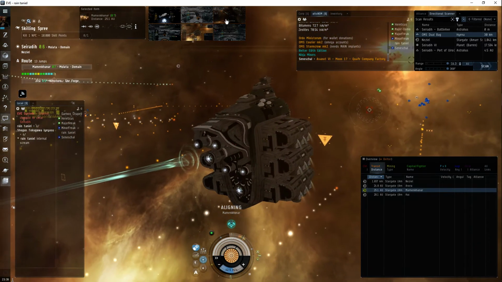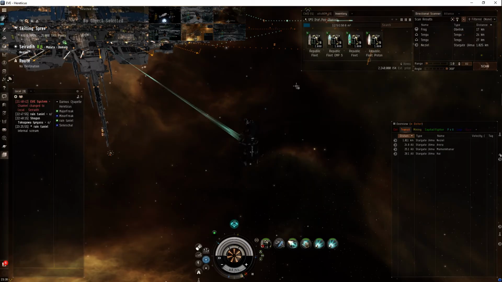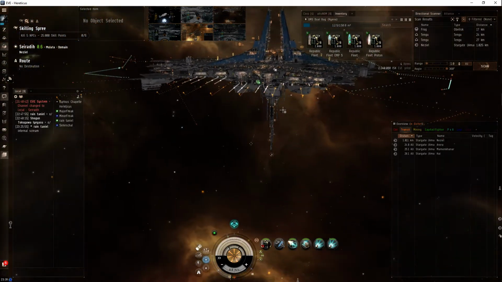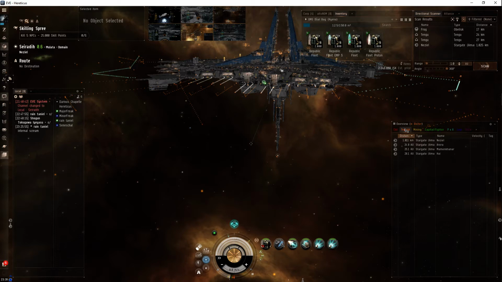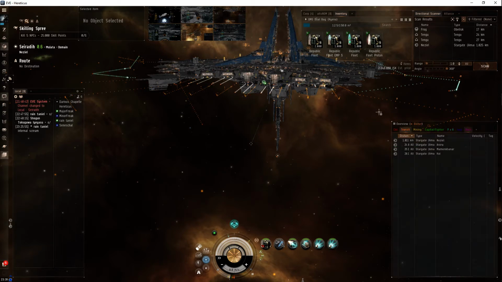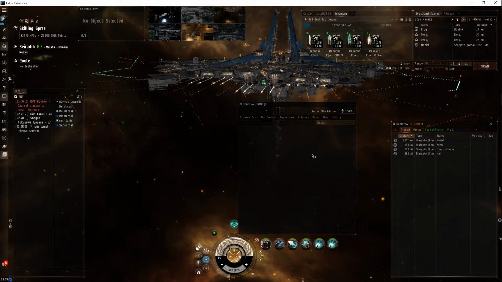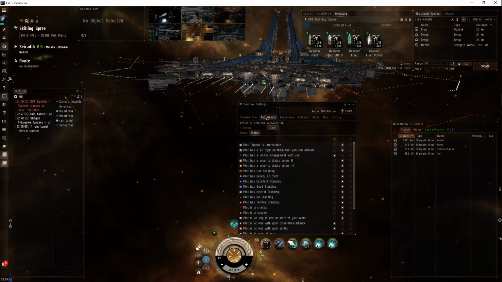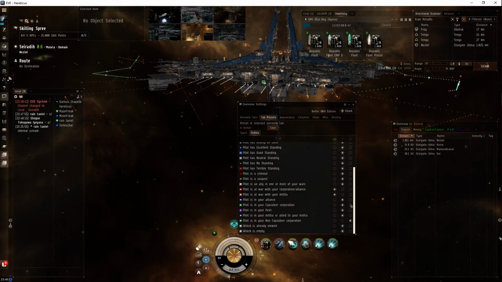So while I'm aligning, I'll talk to you about what I need to happen with transit. Now I've got transit showing 0 ships, but open it up, and tab presets and states is what you want to look at, because I've disabled all of them,